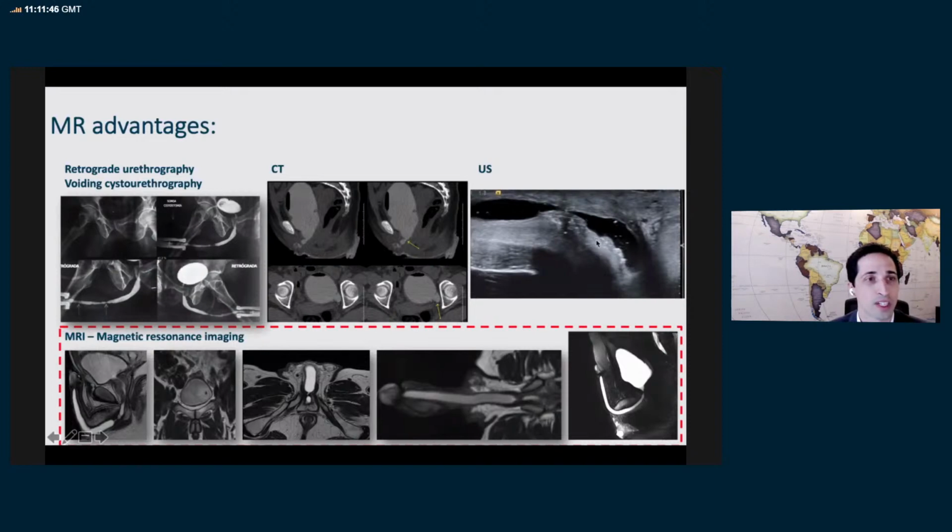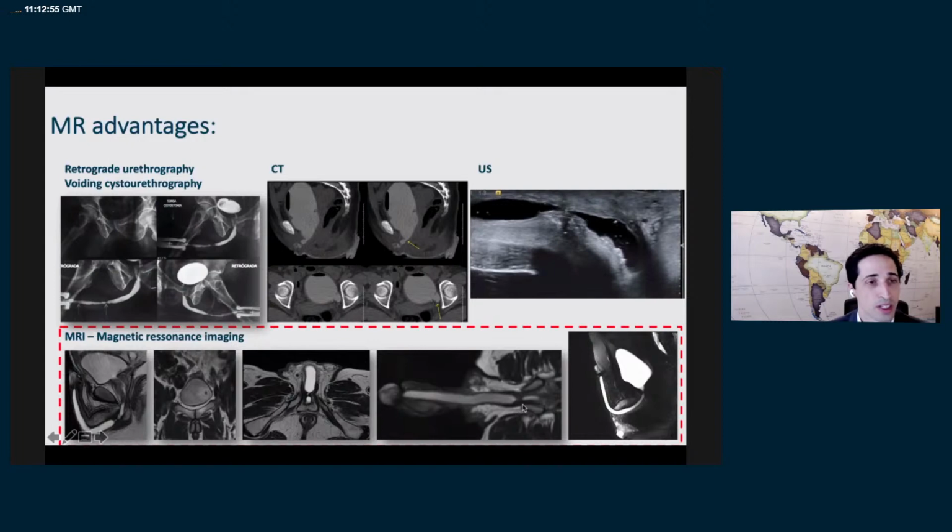Here we can see one more example of ultrasound application in this setting, but Dr. Nikish showed us a lot of videos and better images. And here I show all sequences of MRI in the evaluation of the male urethra. So we have sagittal T2-weighted image, coronal T2-weighted image, axial T2-weighted image. This multiplanar imaging shows us exactly the point of stricture, but you can see not only the stricture, but also the soft tissue beyond, the spongiofibrosis, beyond the lumen, not only the lumen. We can also do some curved reformatted images, so you can see the whole urethra in the same plane, and the lumen itself,